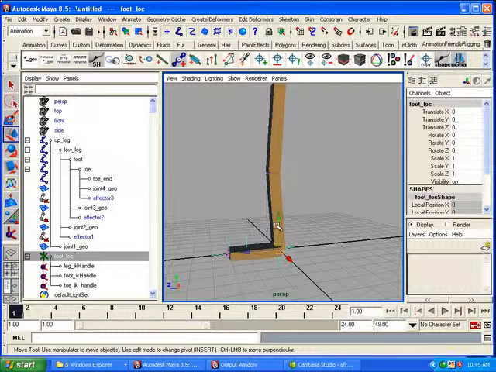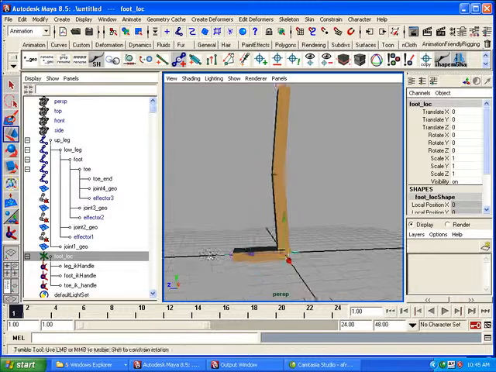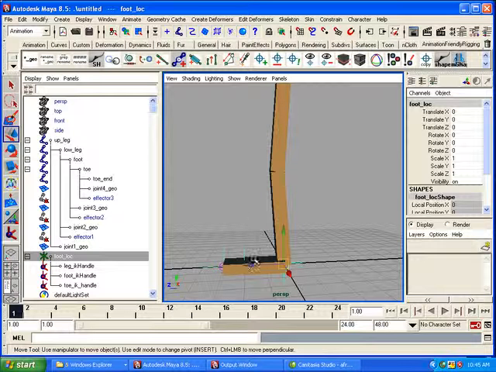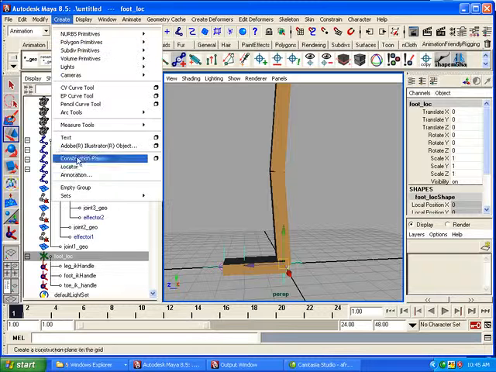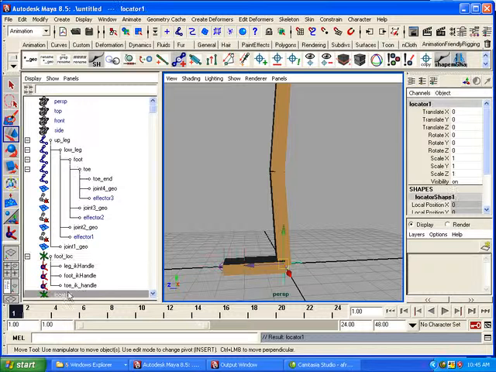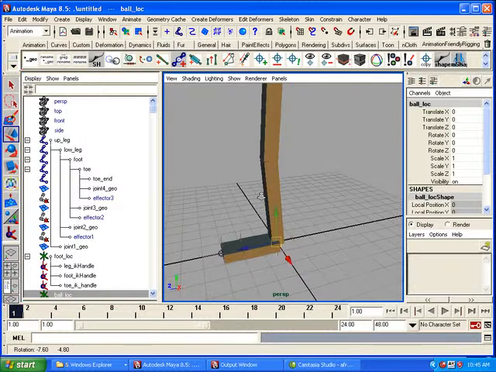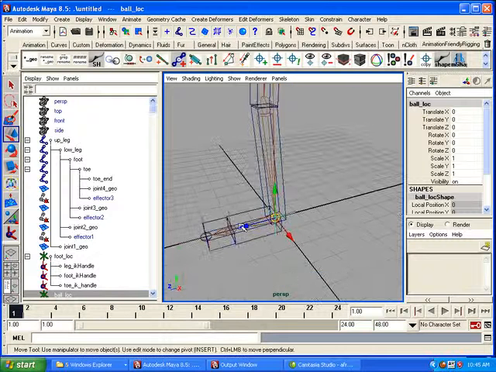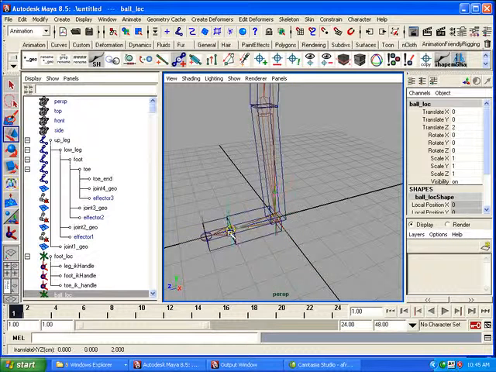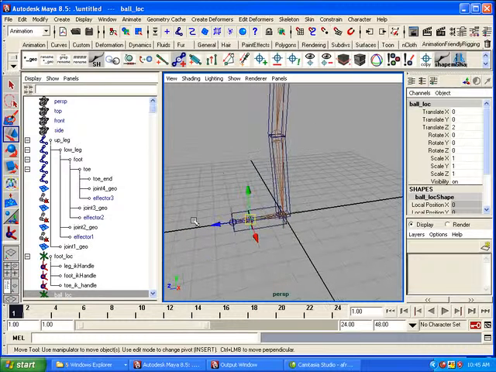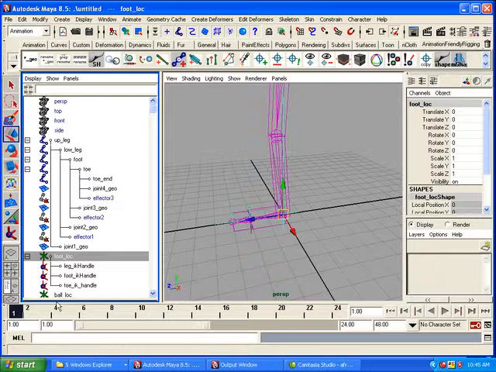Now just like we did for the hand pressing, what we want to do is create a locator right over here that we'll use to lift the ball of the foot up. So we'll go create locator, and we're going to call this ball_loc, and then we're going to place it right where that joint is. So if I hold down B or V for point snap, place it right there, and then we're going to parent ball_loc underneath foot_loc because we want to make sure that this ball locator moves around with the foot